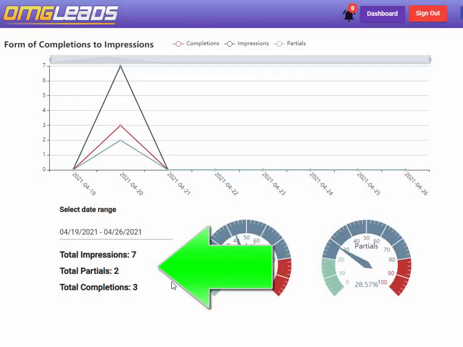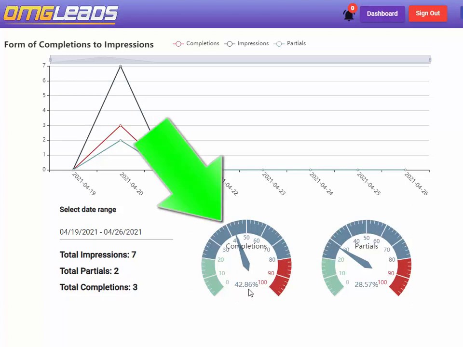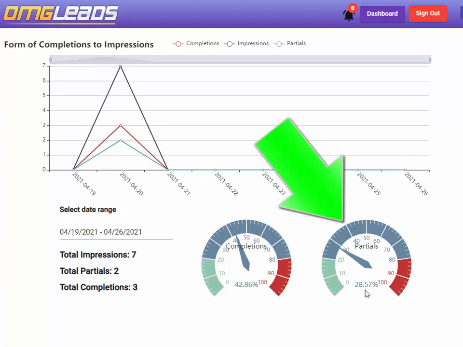Here you can see the exact number of people who loaded the form, which is the total impressions, and how many people completed the form and partially completed the form. To the right of those stats, you can see the completion percentage and partial completion percentage. In this case, about 43% of people are fully completing the form, and 28% of people are partially completing the